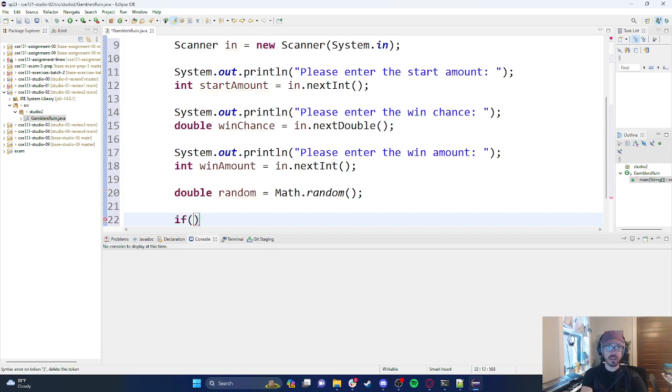So I'm going to go ahead and say that in the form of an if statement. I'm comparing two values. I'm asking a question. I have two possible outcomes. I'm either winning or losing $1. That is a great situation to use an if statement. So if the random value selected is less than the win chance,